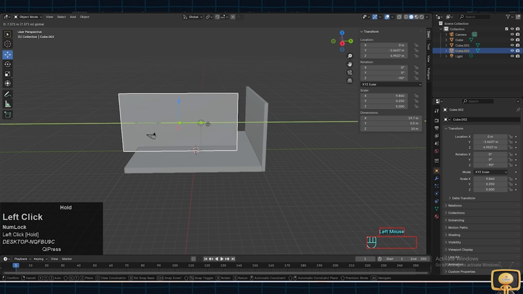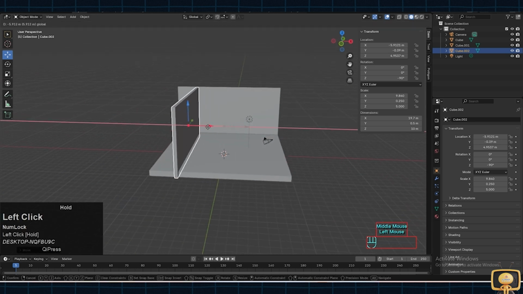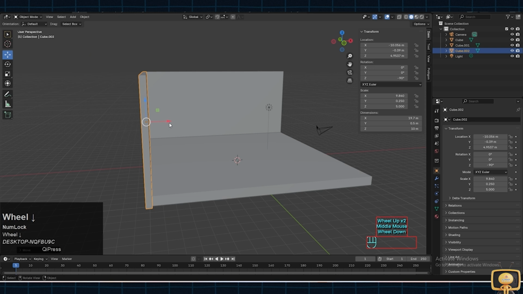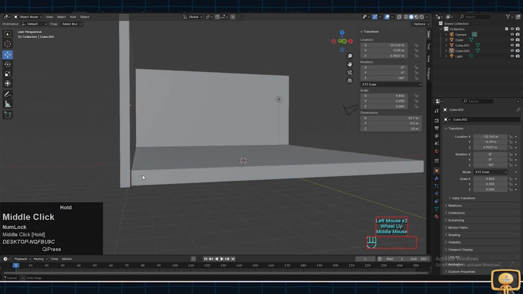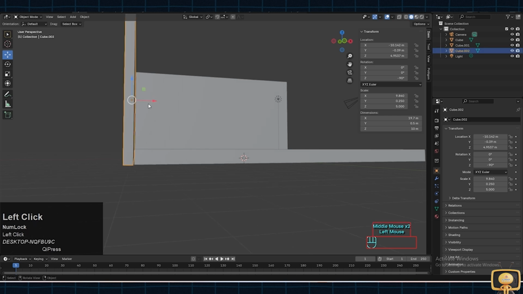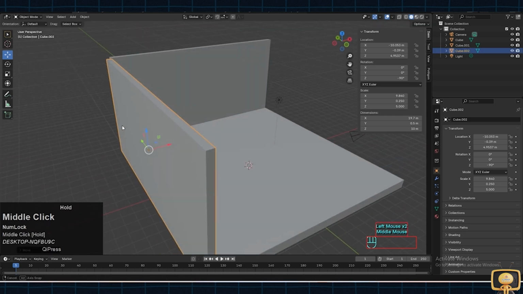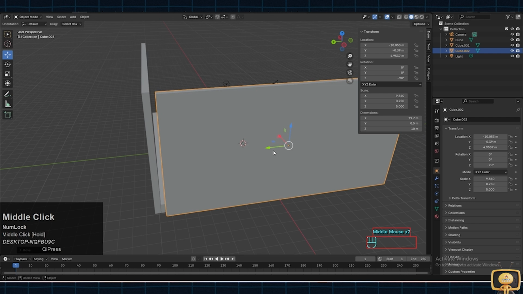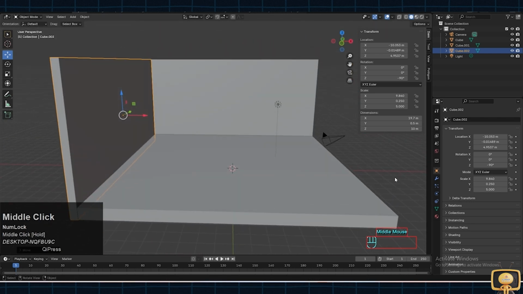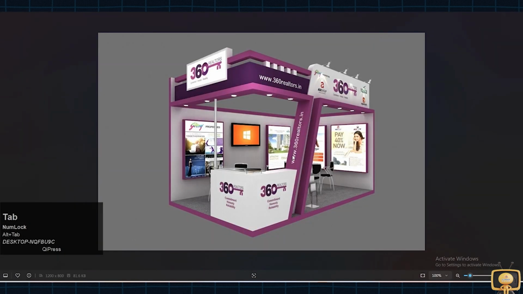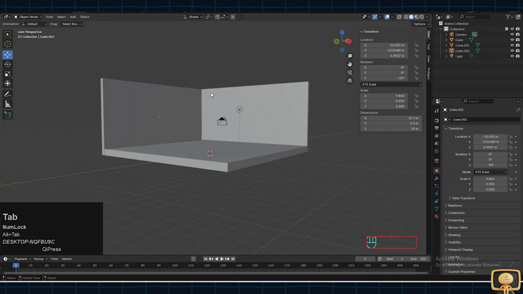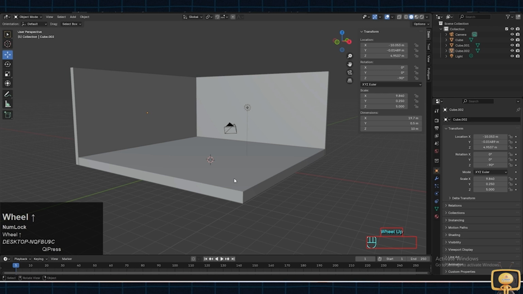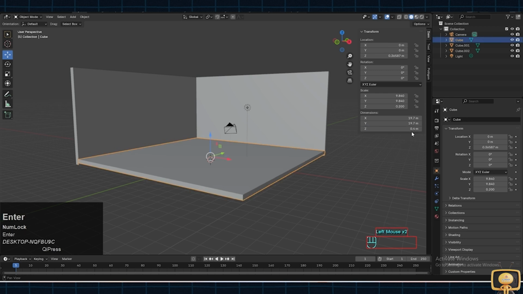Just go with it and place it here, just a little bit. Now we have two walls standing here. I think this is too wide. Let's make it 0.4, the standard one.